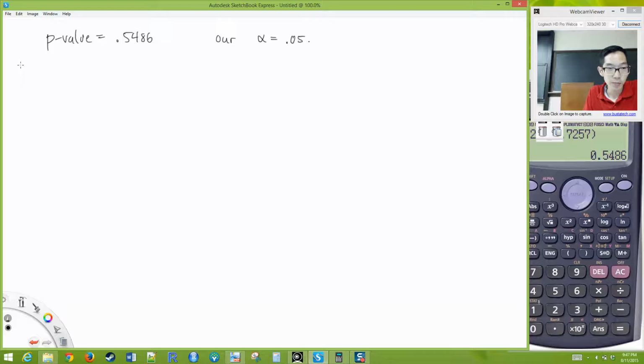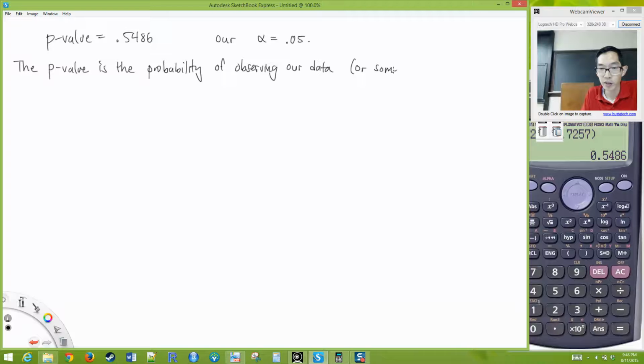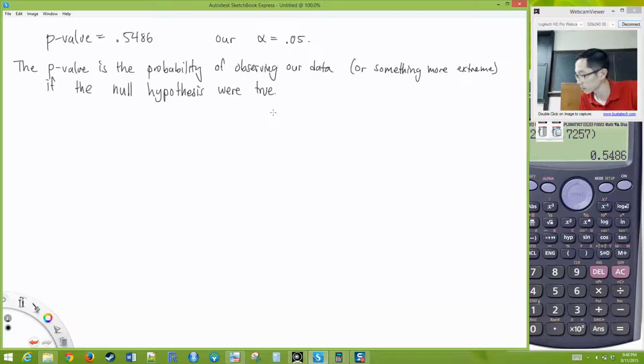So remember, the p-value, this is just the definition, the p-value is the probability of observing our data, and I have to throw in this phrase here, or something more extreme, if the null hypothesis were true. Okay, so what this means is that if the null hypothesis were true,